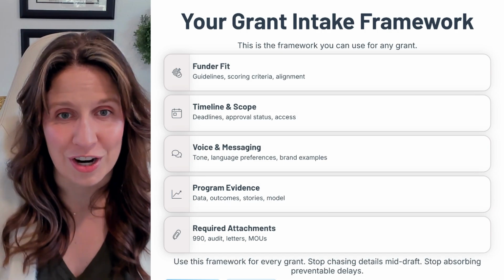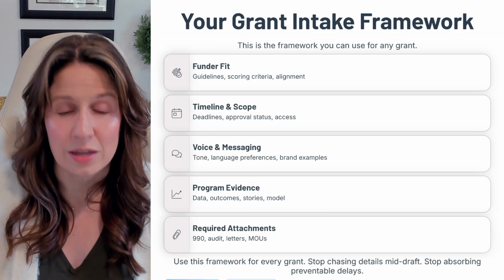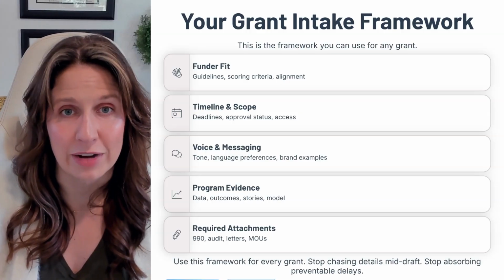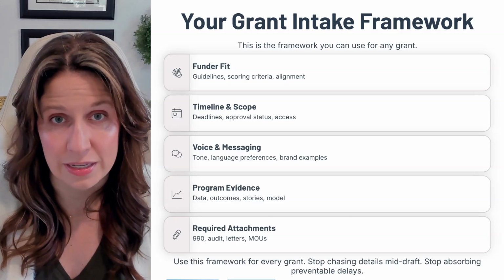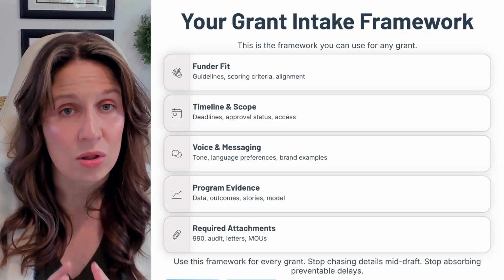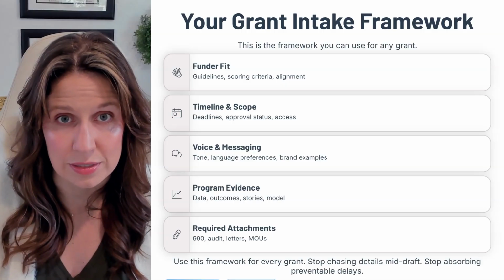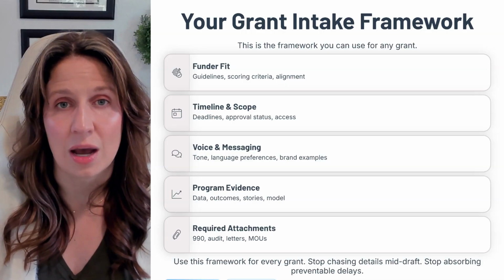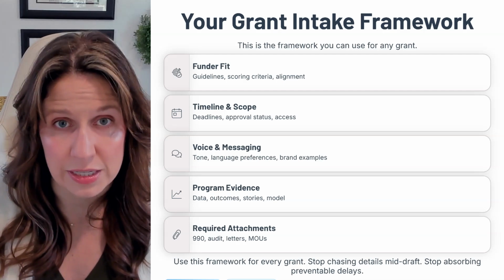All right, regardless of whether you're a consultant or a staff grant writer, here is your takeaway. You don't write faster by writing sooner. You write faster by collecting and confirming the right inputs first, and keeping it all organized in one system so you know what the single source of truth is. Because when you do that, you stop rebuilding drafts from a collection of other drafts and you start delivering consistently.